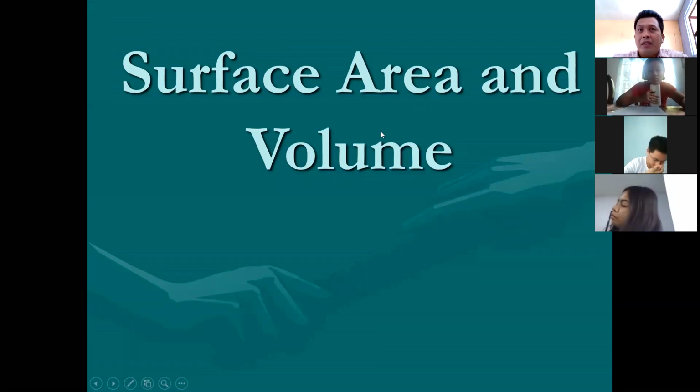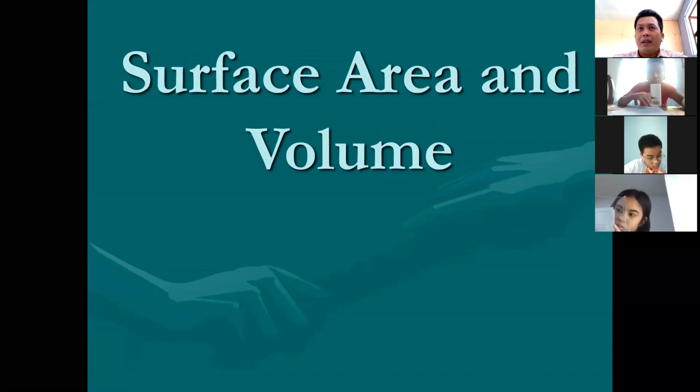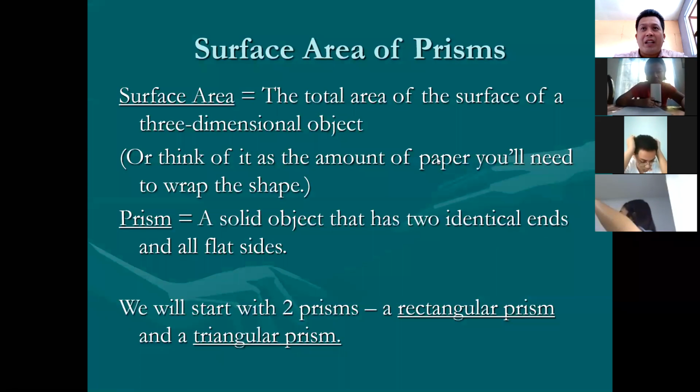This is our fourth lesson for the second quarter, which is entitled Geometry Problems. Under Geometry Problems, we have here surface area and volume. Way back when we had our third module, we defined area as the total number of squares in a given plane figure. But when you talk about surface area, it is now going to find the total number of squares in a given solid figure. And this figure is a three-dimensional figure. Why is it solid? Because you now have a third dimension, which is the height or thickness.